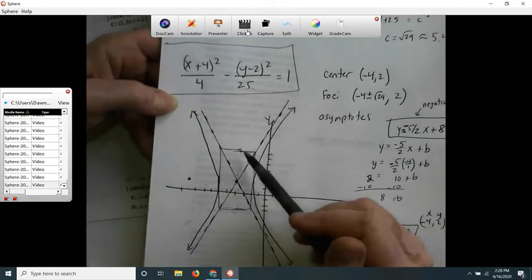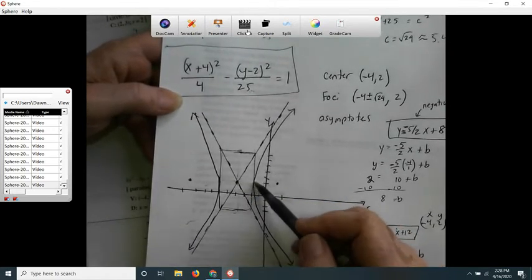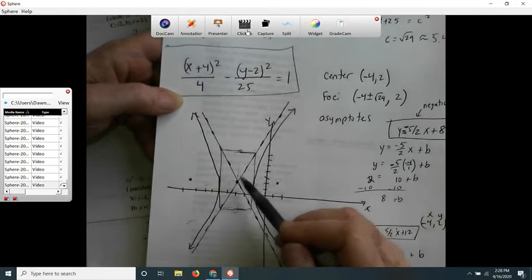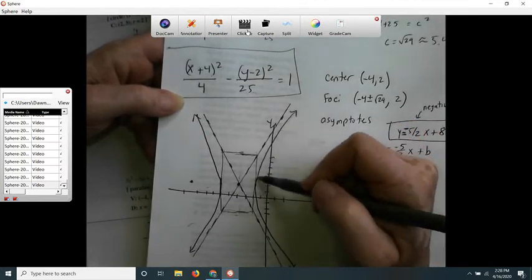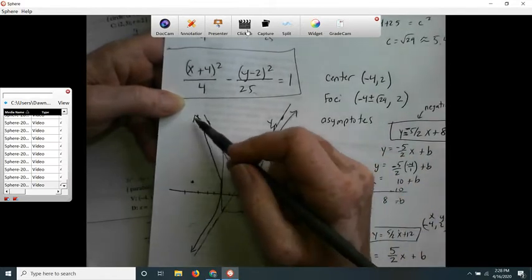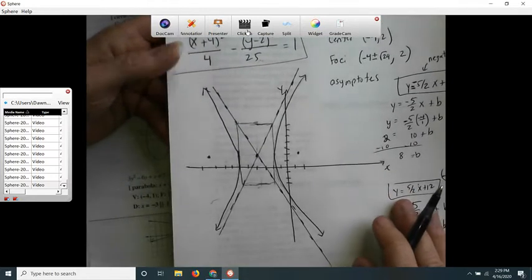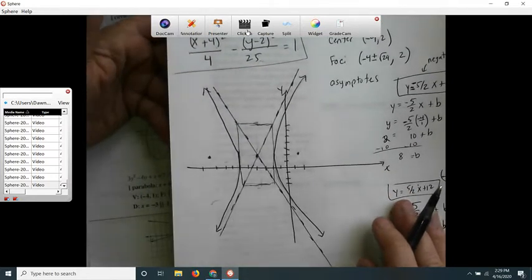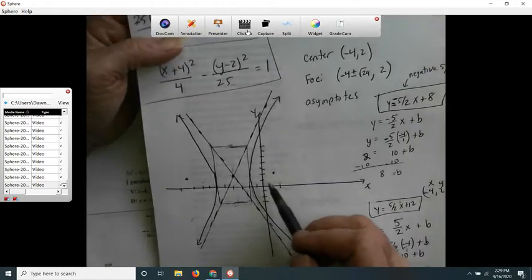But since I knew it opened side to side, I know that my little vertices are going to be right here. So it's going to touch right there, and then these are asymptotes. Okay, now I need to find my focus. So the focus is the distance between